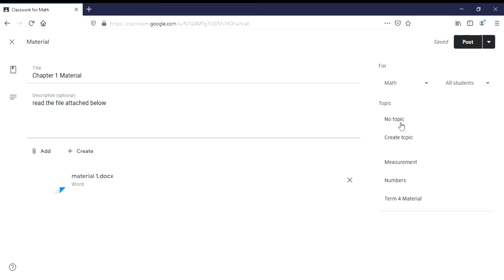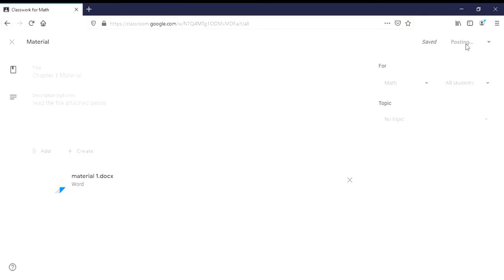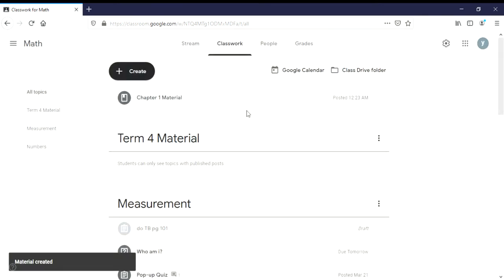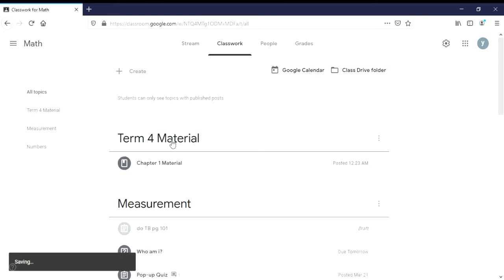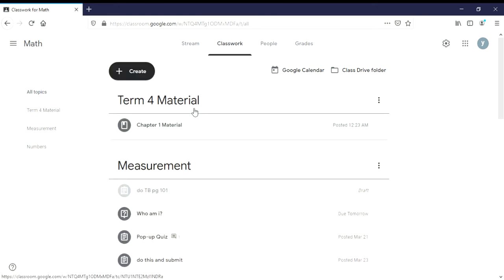But let's say that you do not put it in a topic. When you post it, it will appear here in a non-topic spot. Let's say that you want to put it in one of the topics, it's very easy. You just have to drag it into the topic that you want. For now, we will use this term for material topic for this video.